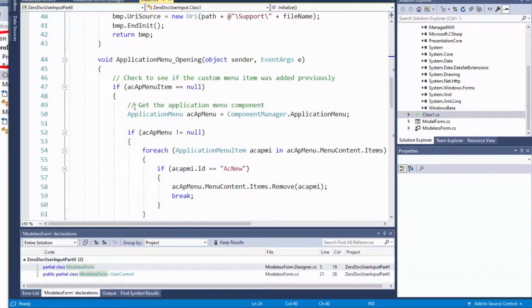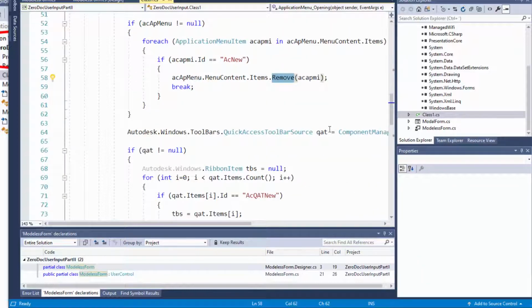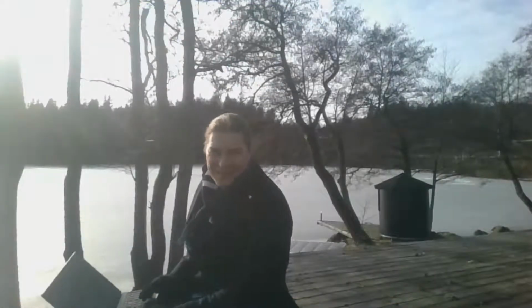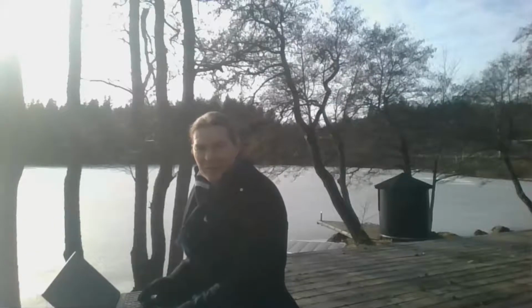For example, we don't want the user to have the option to create new drawings, only work with existing ones, so we remove the new drawing command from the application menu. As you see, we also remove it from the quick access toolbar. This is really just to show that you can remove also standard items this way.